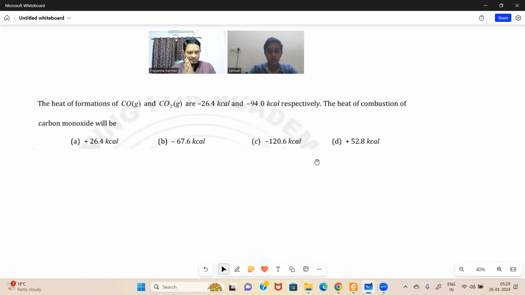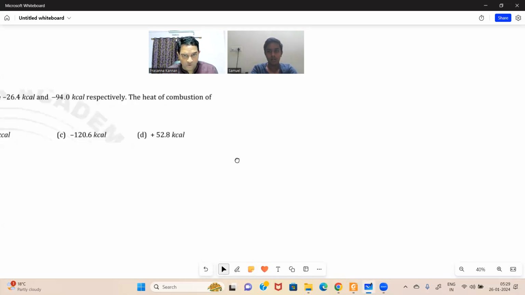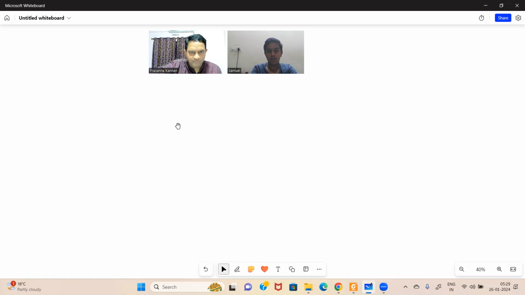So you have something called heat of combustion. You have something called enthalpy: enthalpy of combustion, enthalpy of neutralization, enthalpy of hydration, enthalpy of solution, correct? But all these have the same concept. Once you get the concept, all these definitions are very, very similar. At least 2-3 of them I will explain first, and then we'll move on to the questions, okay? First,